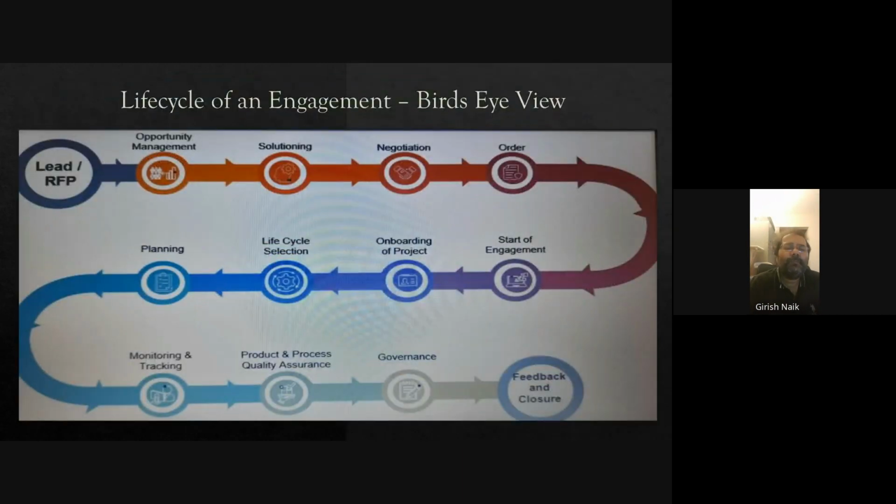Yeah, thank you. So let us try to understand the life cycle of a project, right? It will start with the RFP, what we call a request for proposal. The quality assurance starts at this phase itself. So when we receive a request for proposal from the customer, the customer mentions, I need this kind of